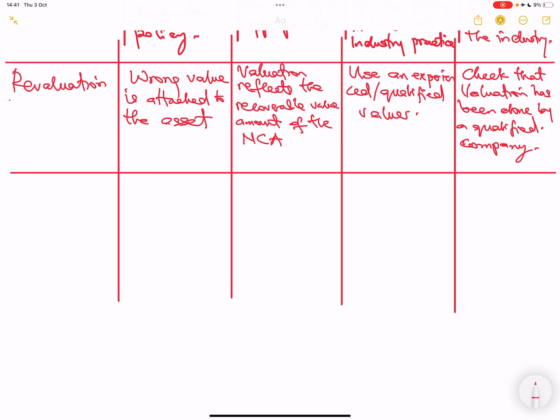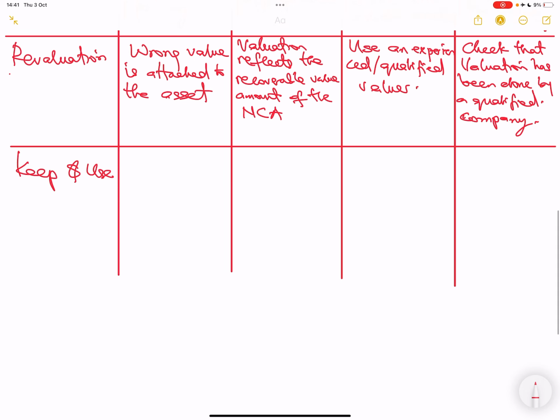Okay, now keep and use. This is the part that is very similar to what you will see in inventory. Because you always have to keep your assets the same way you are keeping your inventory, and what could go wrong while you are trying to keep it is similar. And the risk is that assets